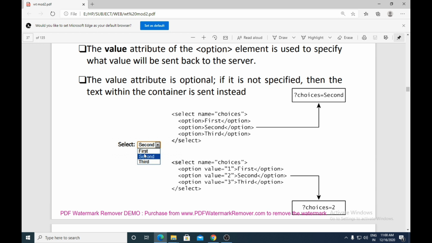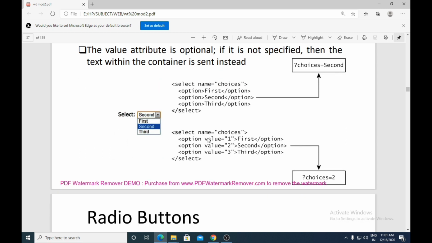Okay, so the second value which is there, the name which is there, it will go through which name? Choices. So choices is equal to second. Okay, so in this way the form data will go from the browser to the server. If you are not using value, if you're just using the options. Now, instead of using option, if you are using an attribute, which attribute is here? Value. That means for those options, if you give some values, instead of those option names, the values will be